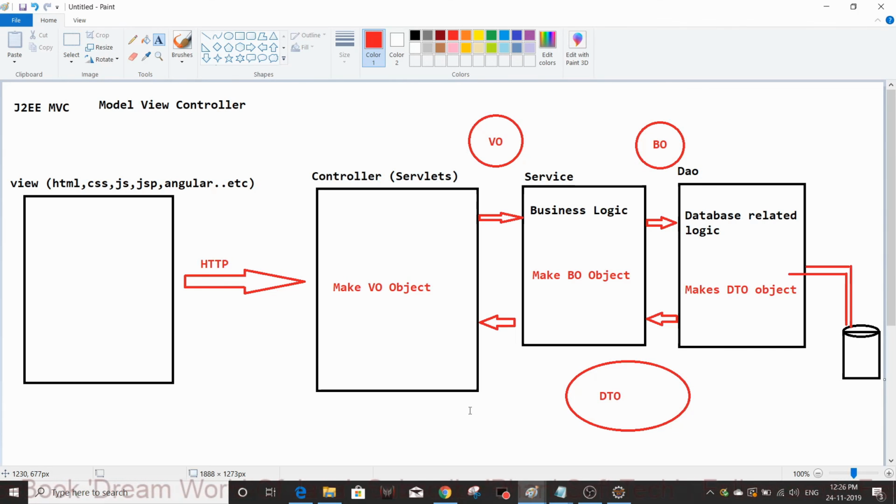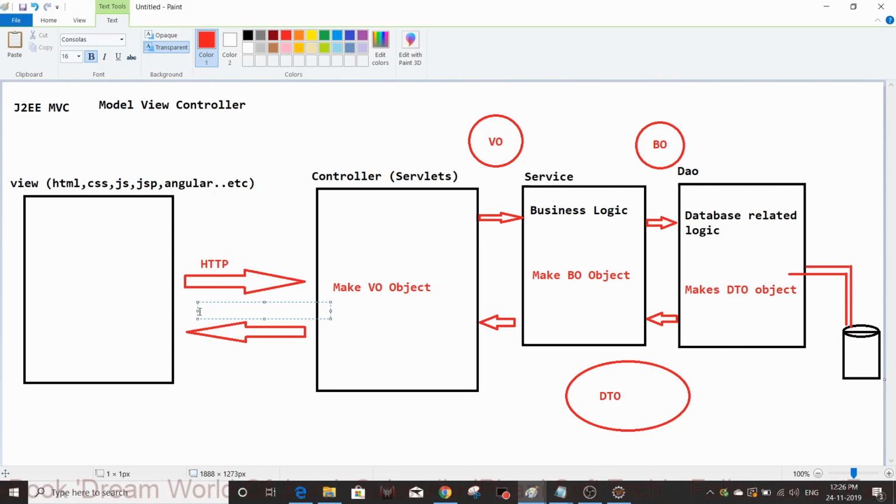Then our servlet, our controller, renders the response in the UI along with the corresponding data, whatever data you want to display in the UI.